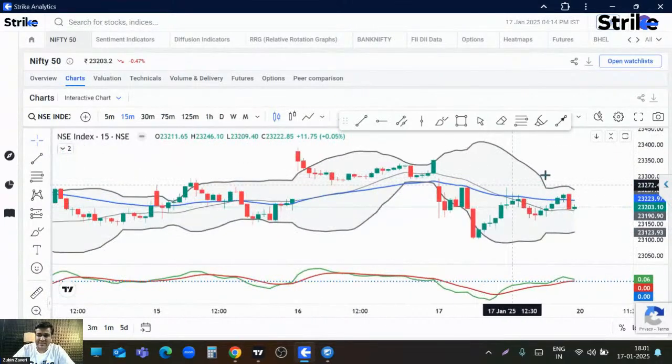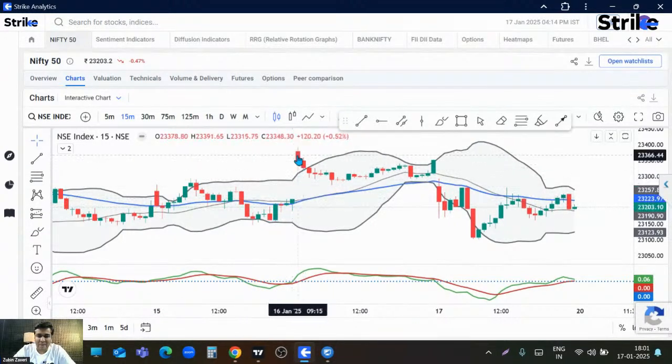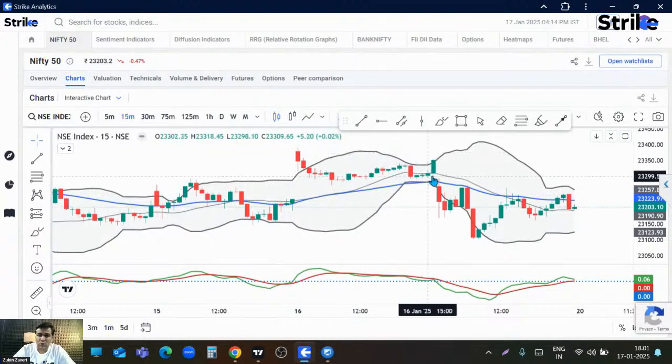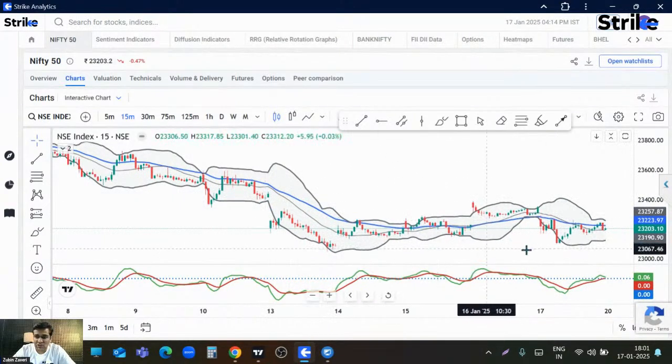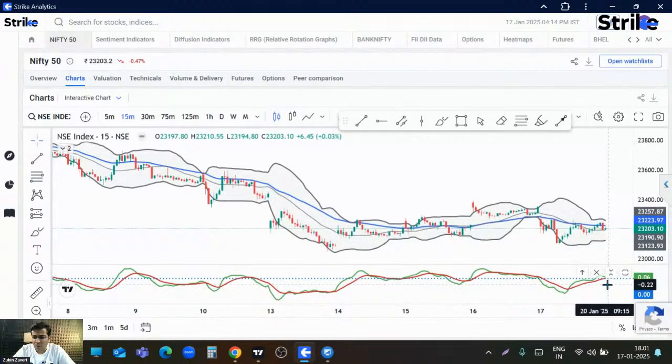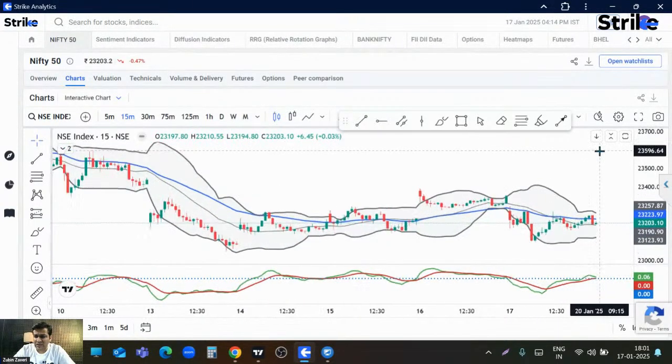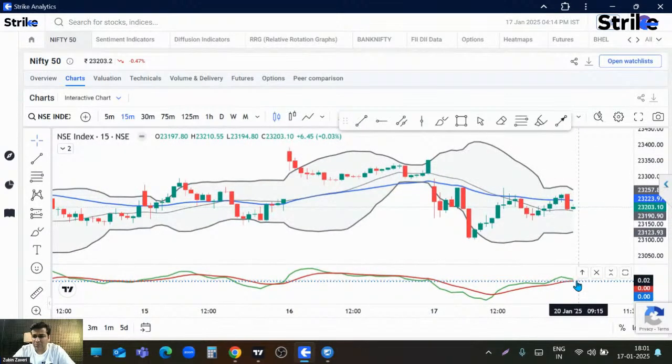And what did we see yesterday? Yesterday we saw that Nifty went above this 40 EMA on the 15-minute time frame chart with a nice gap. Overall, it gave a closing above it, but today, with again a nice gap down opening, it went below it, and one, two, and almost over here the third time it stayed below the 40 EMA once again. On a 15-minute time frame chart, we can see that it's completely sideways since many days. The momentum indicator is also kind of flat, but still in a bullish mood.